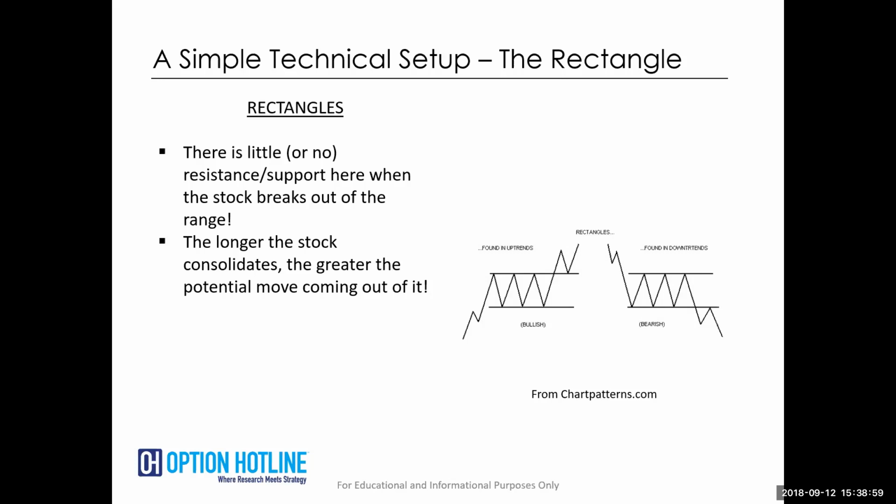So every stock has a supply and every stock has a demand level, much like a commodity or anything else. Well, what's that supply? That supply is the willing sellers of stock at a certain price level. The demand is the willing buyers of stock at a certain price level. And then everything in between is kind of that chop. Well, when you have a rectangle, you have a very clearly defined supply, which we call resistance, and demand, which we call support.